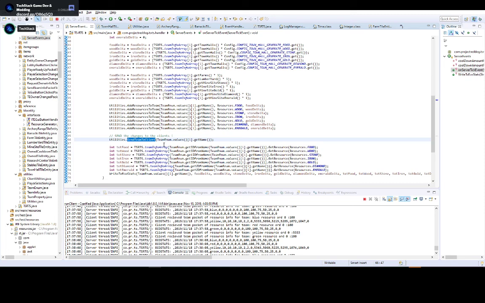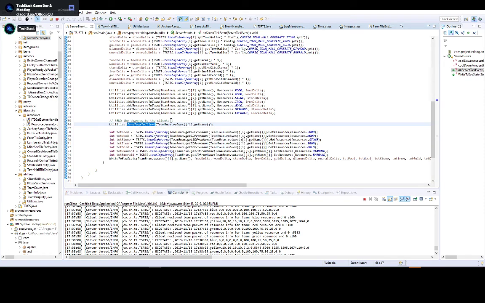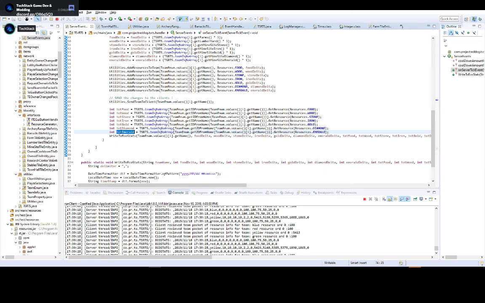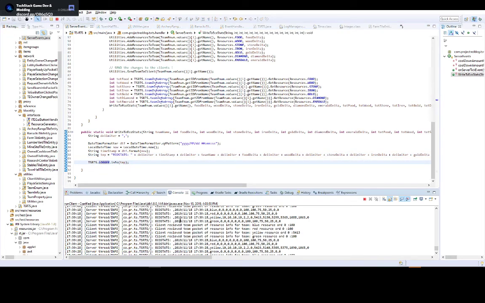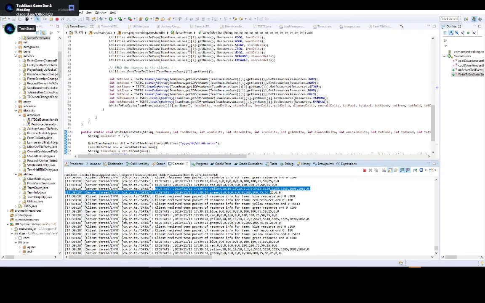Anyway, we're going to send this to the clients then only once for resource gathering. And then we calculate what the total food is also, total food and all the other resources, and write that to an eco stats, right? So this eco stats goes into the normal log, and you can see it right here. In fact, let me go ahead